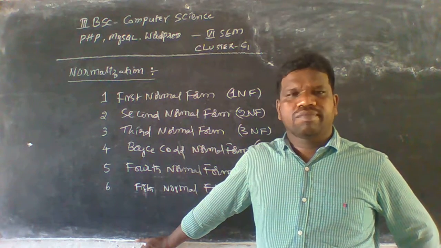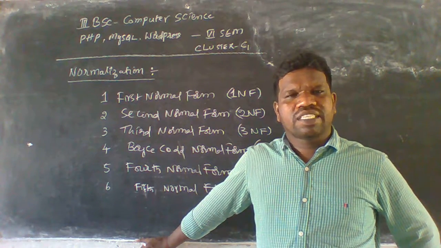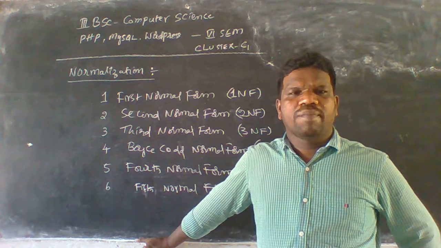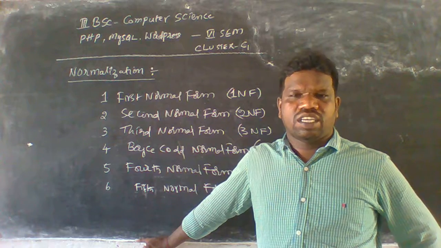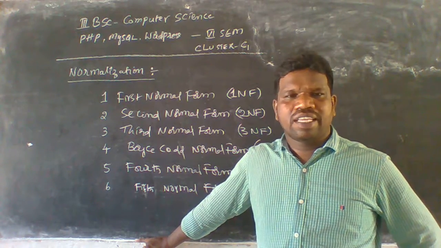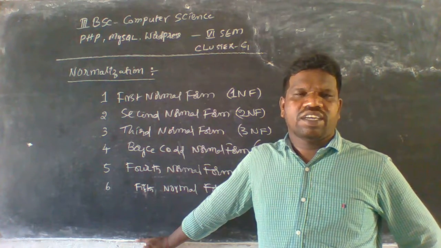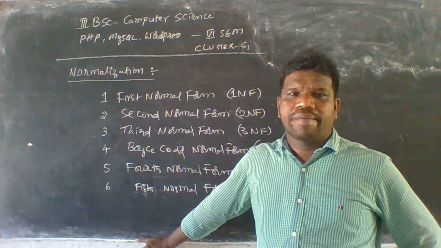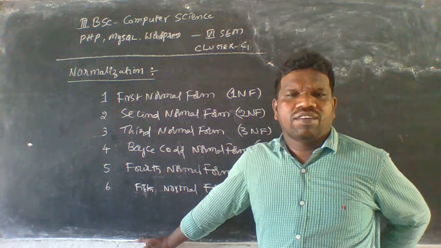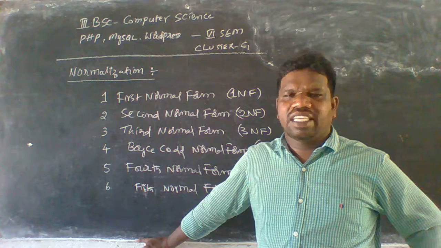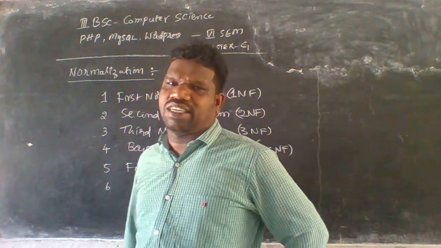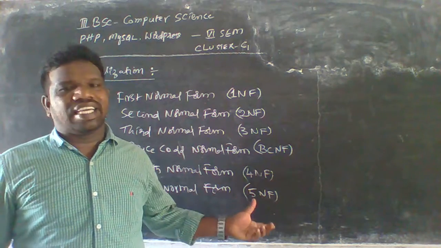In this format, row information is called a tuple, also called a record, and column information is called an attribute. This was developed by Dr. E.F. Codd, who was also an IBM researcher and the founder. In the 1970s he introduced normalization.